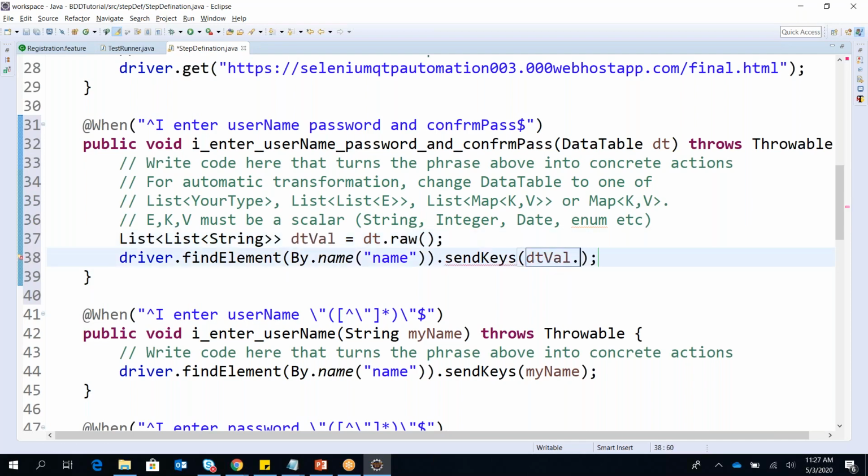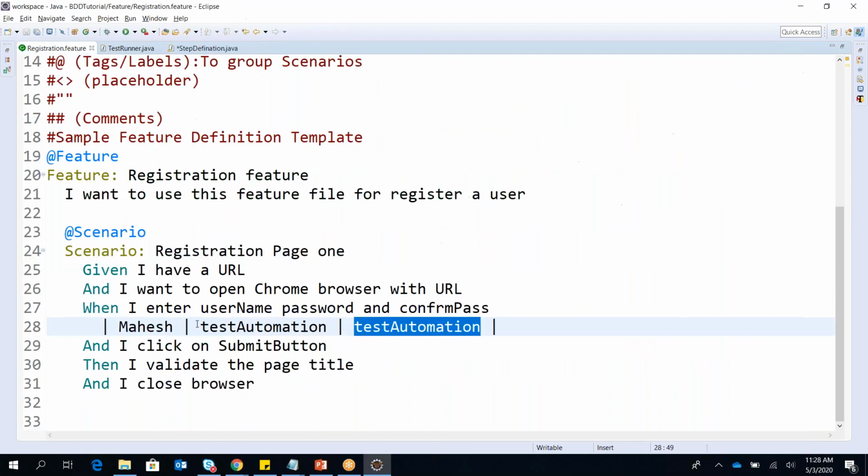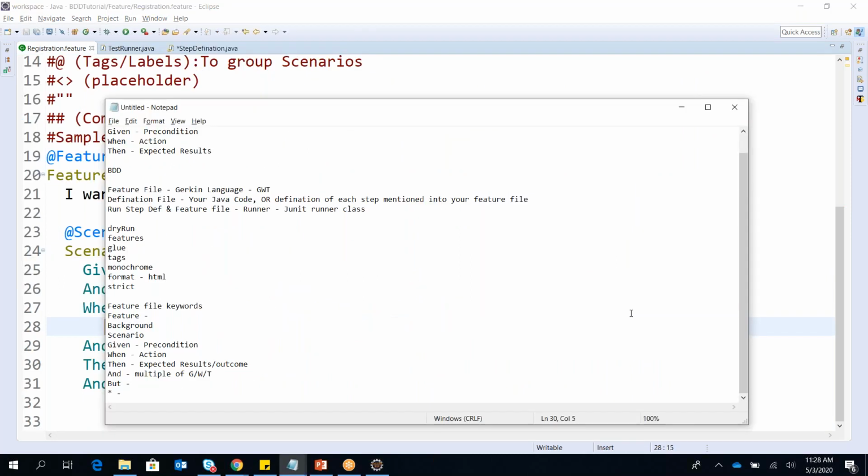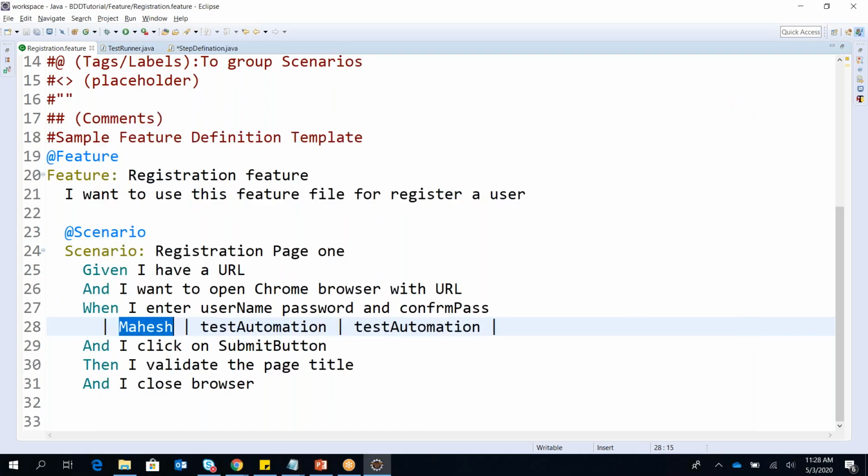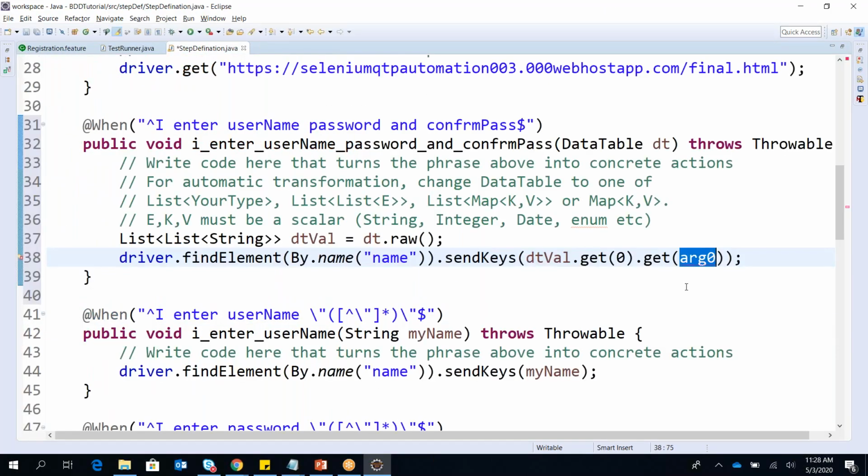So if I got that into list of list, I can get that. There is some collection method we can use. So get list at what row number? I said at 0, and get of which value? I wanted to get row 0 at position 0, that is the index. So I said here 0.